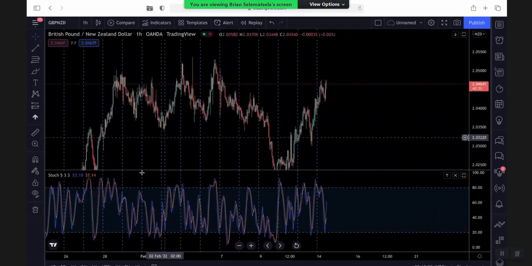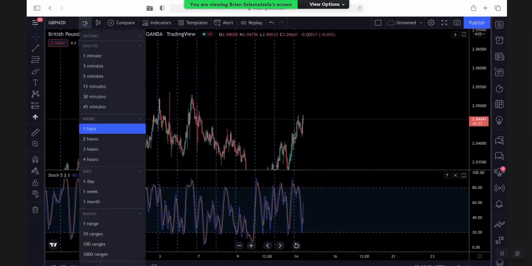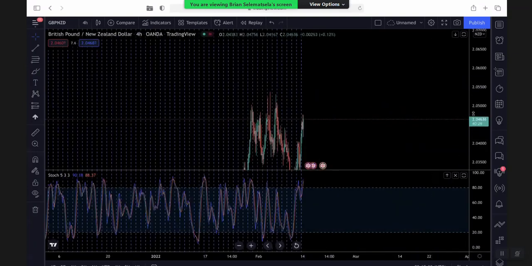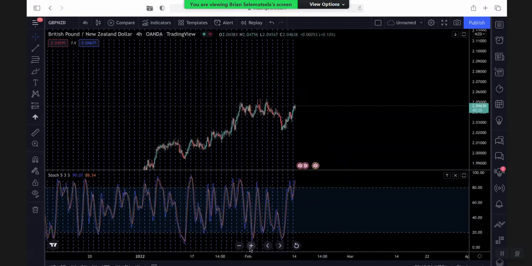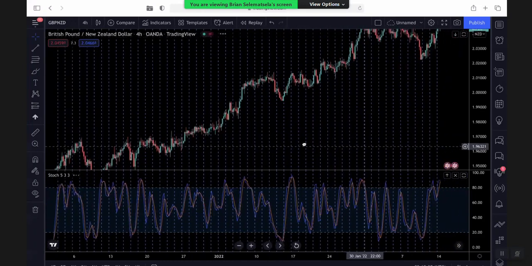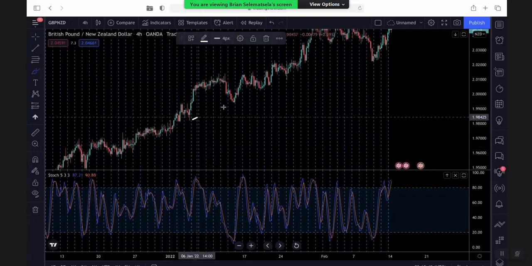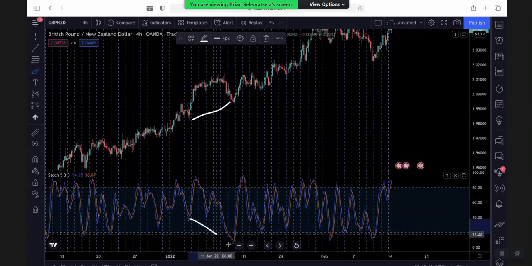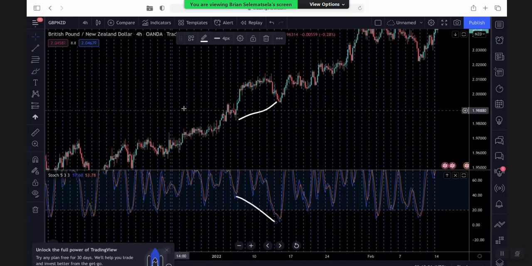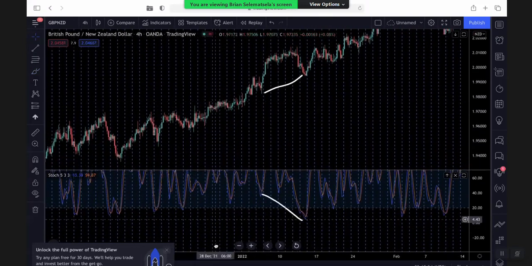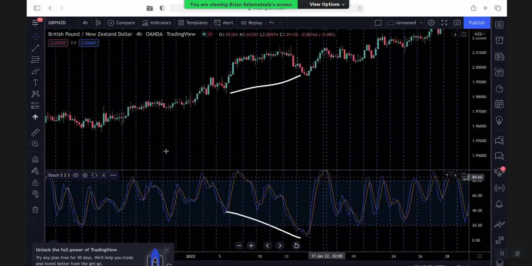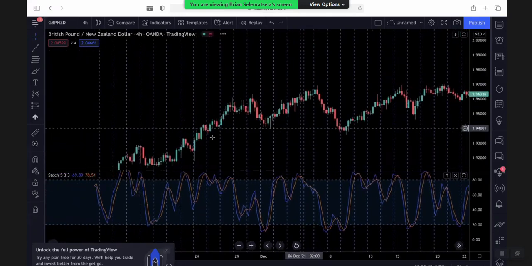So I'm just going to show you what you're talking about, to show you that divergence is basically everywhere. I'm on GBP NZD. I want to show you how many divergences you can see, divergences that touch the overbought and oversold. Look at this. So there won't be such a thing as high probability in this case, because the same thing is happening the same way on all the time frames.